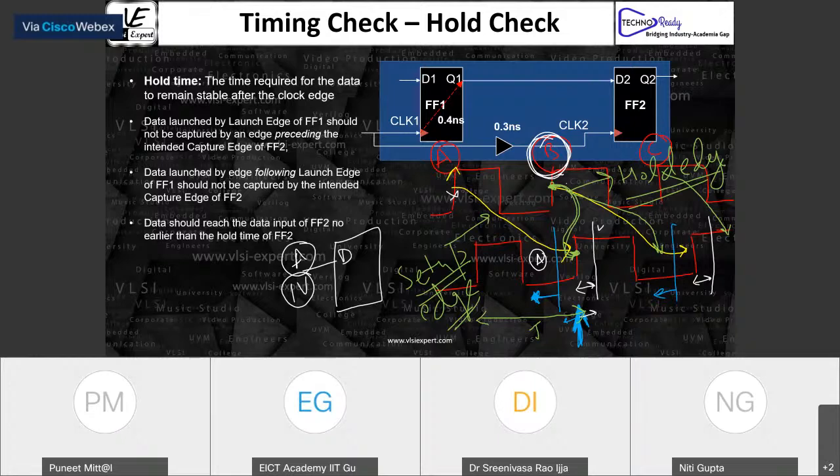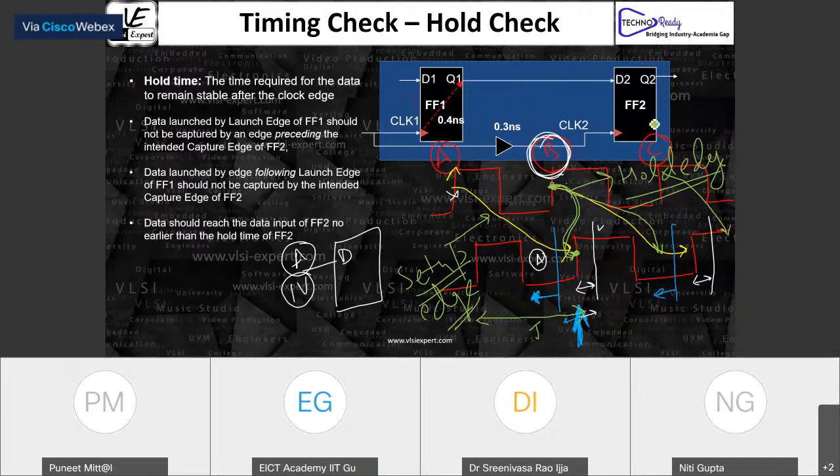Okay, so I think I answered your question. If the clock is from FF1 to FF2 and the data from FF2 to... yeah, Aparna, I got your point. Just give me a couple of minutes. I will explain that direction-related thing.